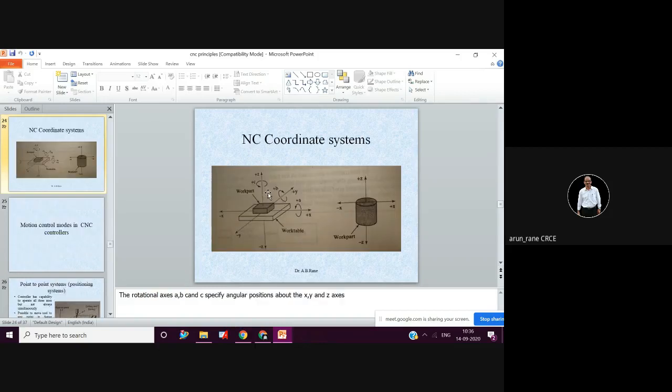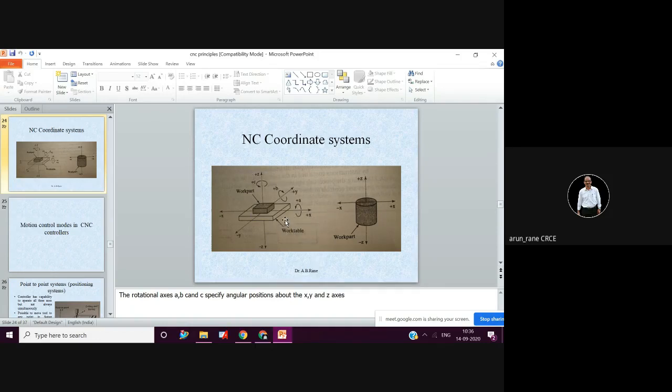Then in case of CNC milling, say 5 axis or 6 axis, there are some more axes. Those are called the rotary axes, like this. They are called ABC or UVW.